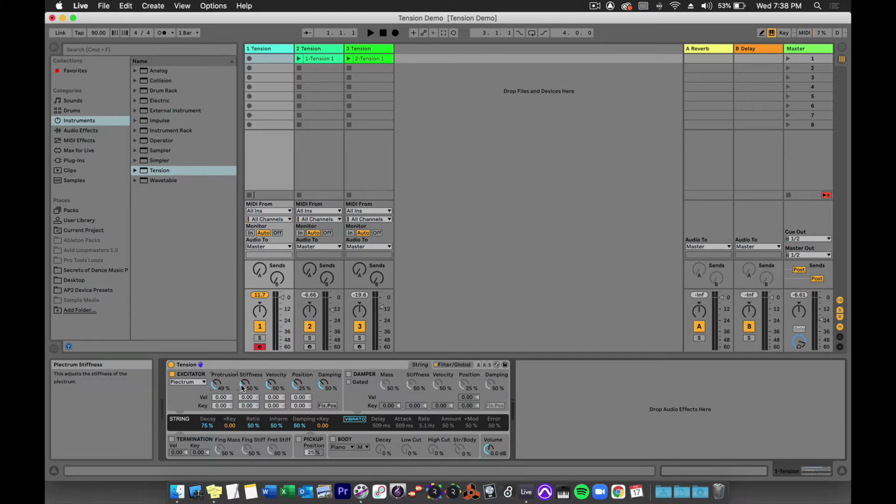I can adjust the stiffness of the plectrum. And the velocity with which we pluck the string, with lower values again being softer and higher values yielding a louder sound. There's also the position of the plectrum,